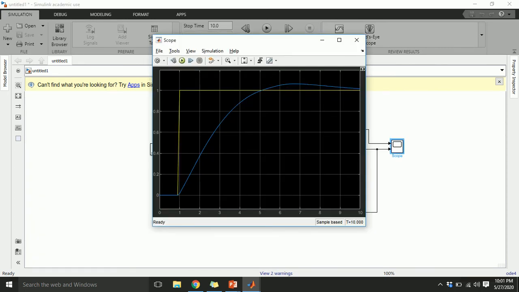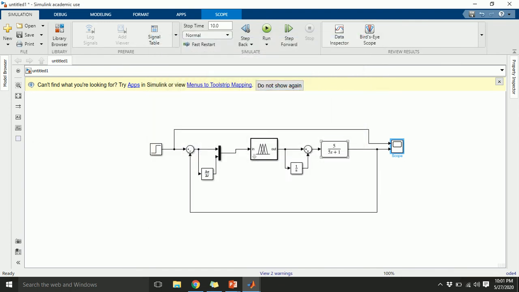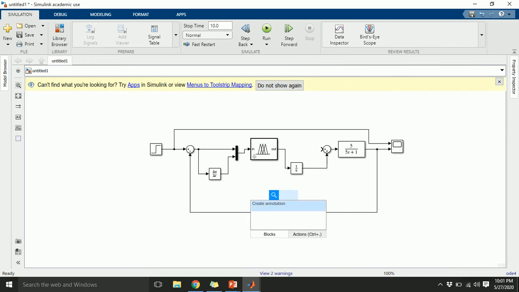Now you can clearly see that I'm having a bit of improvement for this particular configuration. However, this performance can be further improved if I include certain scaling gains in the input as well as in the output of this fuzzy system. So let me put some gains, and these gains will be applied at 4 locations.